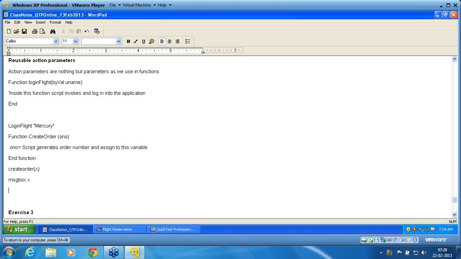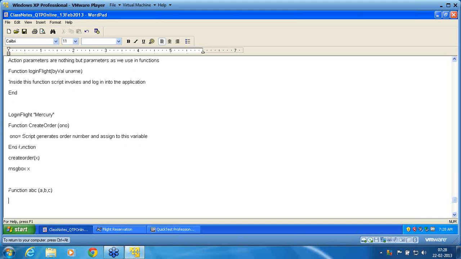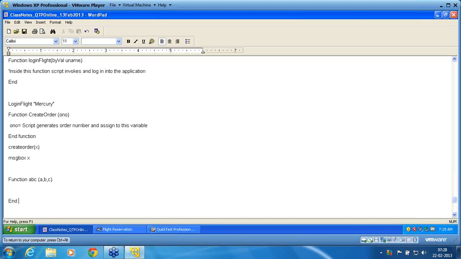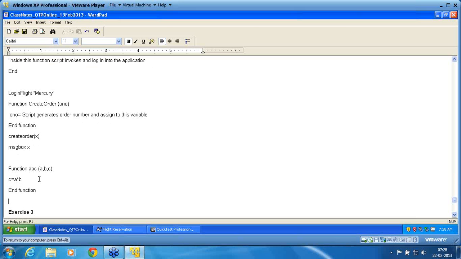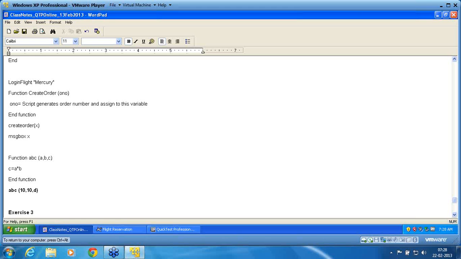I will try to give yesterday's example here. Function ABC with a, b, c. Now end function. This is what we have created. C equal to a into b. This is the multiply function we have seen. ABC is now called with 10, 10, d. Now in this example,